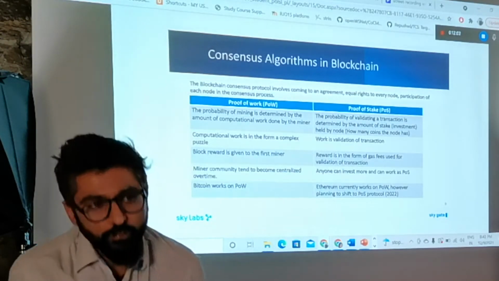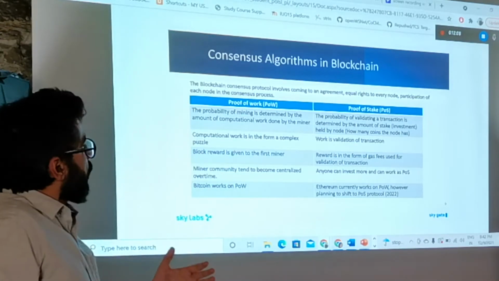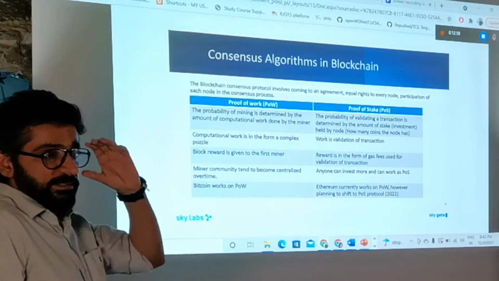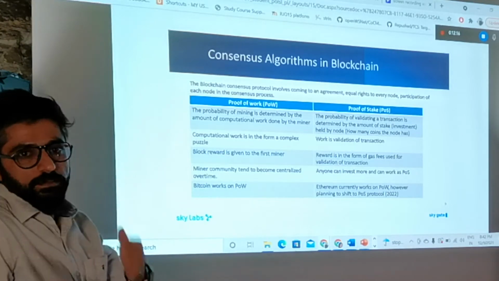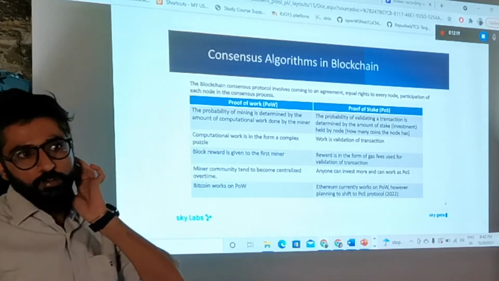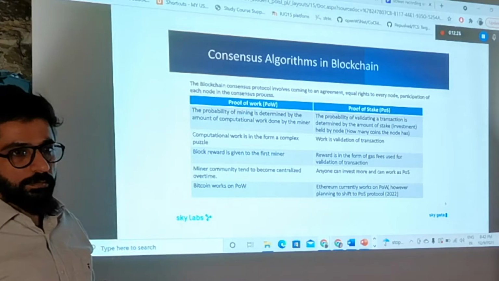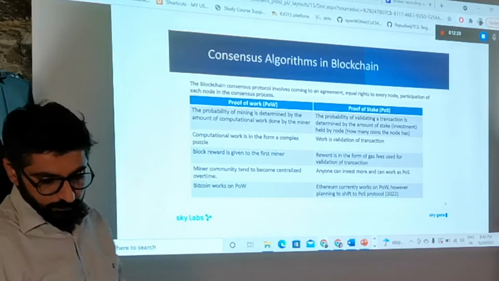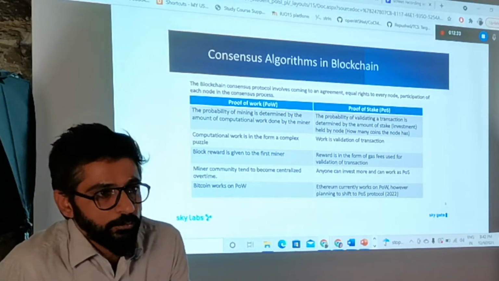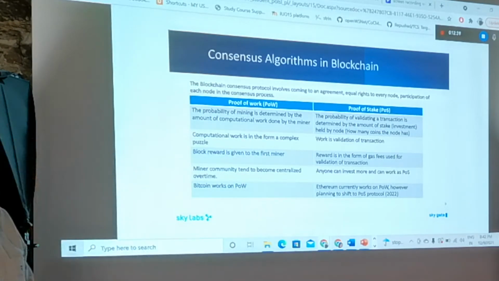Once a transaction is happening, to validate that transaction, a consensus algorithm is used. Consensus is like, we all 5 people, if we want to go for coffee, we will make a voting process: if more than 50% want to go, then we will go for coffee, otherwise we will not go. So if a larger number of people agree on the same thing, that transaction is validated. There are multiple consensus algorithms in blockchain. These are 2 important algorithms: one is proof of work and one is proof of stake.